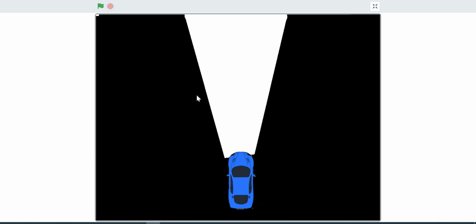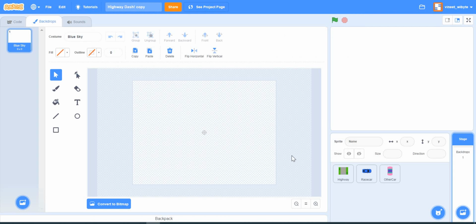But from a Scratch point of view, this is a pretty cool game to build because, one, we can learn scrolling backdrops, which is universally applicable, and two, we can learn about this concept of layers, apart from all the other programming logic that we are going to put inside this. So let's get started. The first thing I'm going to do is to talk about the scrolling backdrop. In fact, for this video, that will be the main focus.